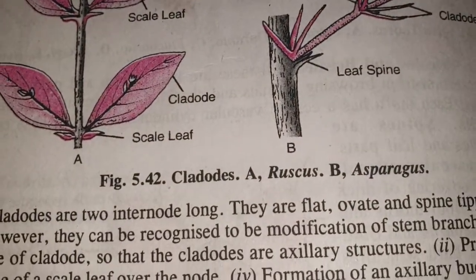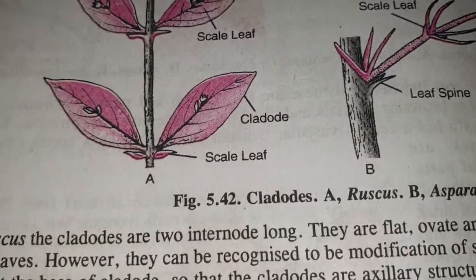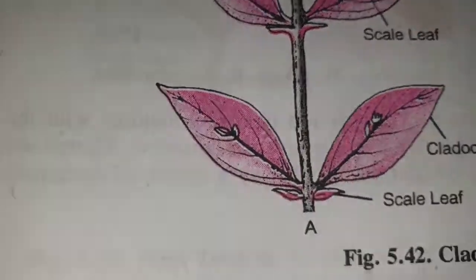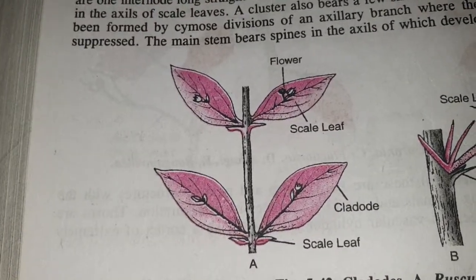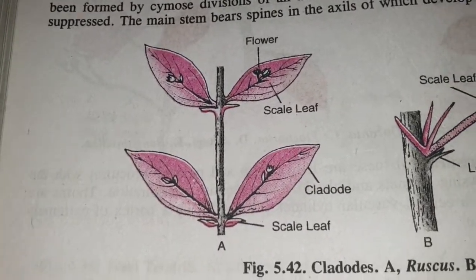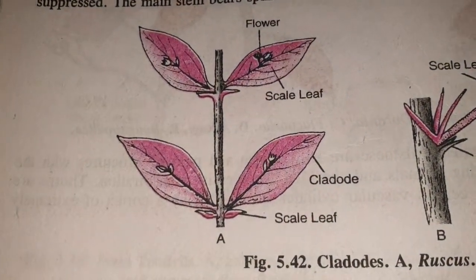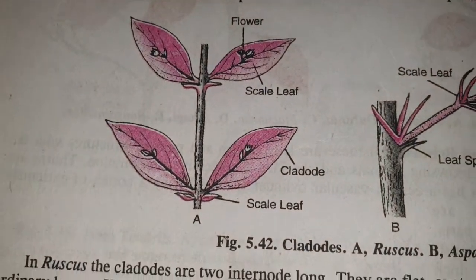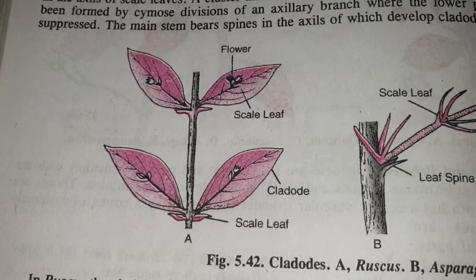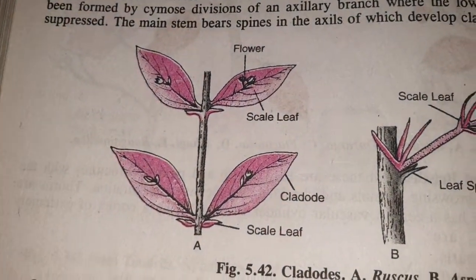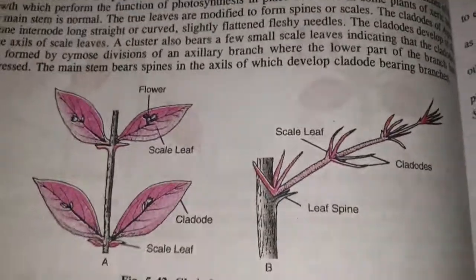And as we know, the stem is the main structure for anchorage of the plant. Okay, it is the erect portion which is most exposed to sunlight. It will bear the leaves which help in photosynthesis. It bears xylem and phloem tissues, that is conduction tissues, which help in conduction of food and water. Okay, they provide protection to the plant by forming spines and thorns. They develop tendrils which help in climbing. So all these are the different functions of the stem.